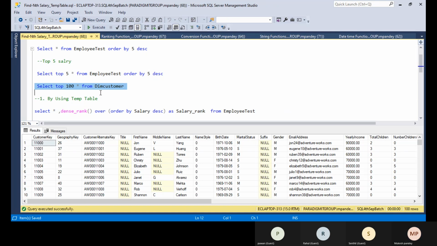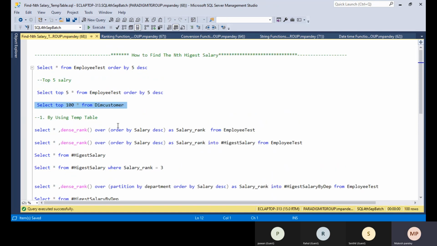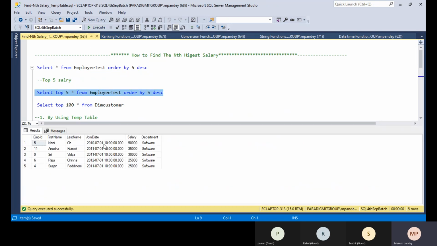But how can you find the nth highest salary, like the fifth highest, fourth highest, or sixth highest salary? The top 5 salaries you can get using the top clause. If you execute select top 5 from employee test order by salary, these are the top 5 salaries: 50,000, 35,000, 25,000.